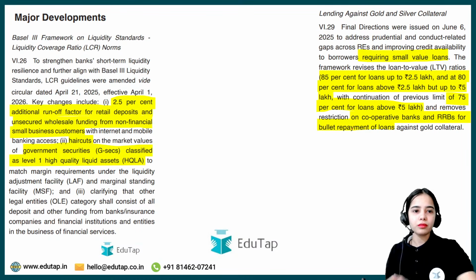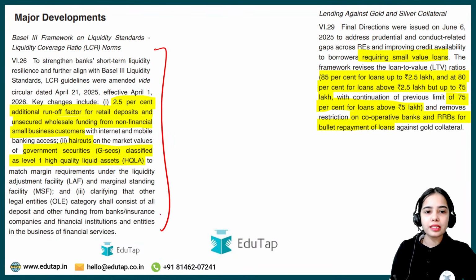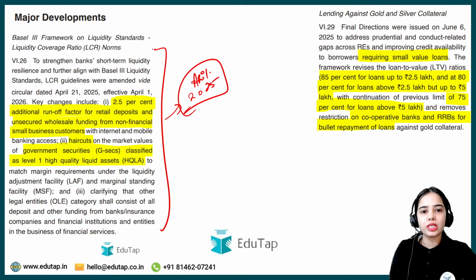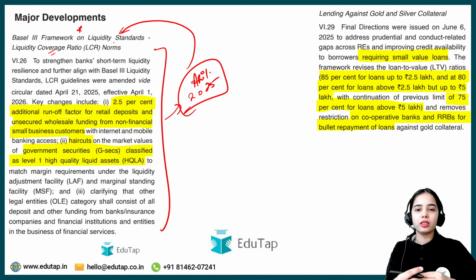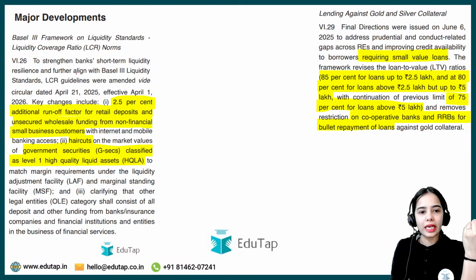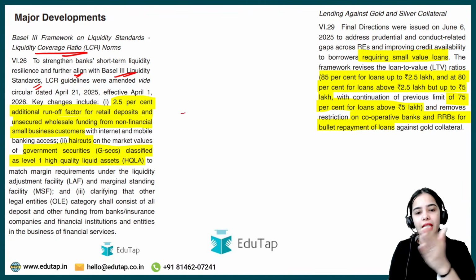That's it. Next, coming to the next one, last year in April 2025, there was the news regarding the Basel III framework on liquidity standards, liquidity coverage norms. They were modified, or they were updated, to align the liquidity coverage ratio norms with the Basel III liquidity standards. Think about it, see what has happened in the recent time after 2016, especially with the adoption of